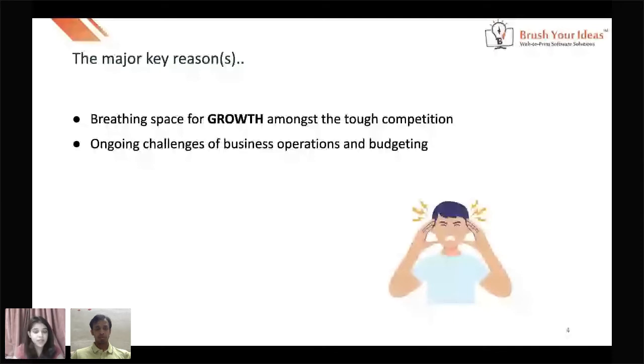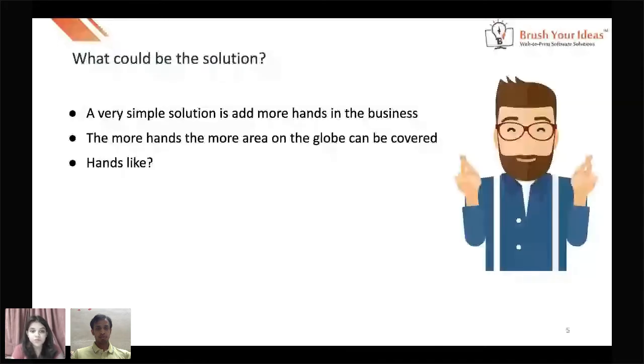I guess we have talked a lot about the challenges already. So I'll now quickly move on to a few practical solutions, practical situations, probably. Just to give you one high-level overview, it could be developing a business plan with multiple hands, and hands which have proper expertise. With these multiple hands, we can cover areas across a large region, which could help you grow geographically. As I've already stated, the more hands you have, the more area on the globe you cover, right? That means you grow geographically.